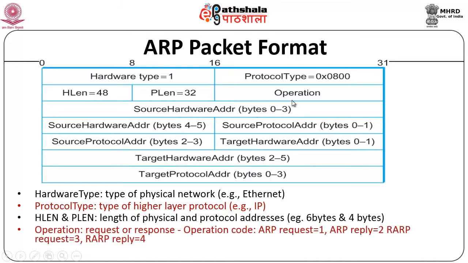And then you also have an operation field which tells you whether this is a request or a reply. Both ARP requests and ARP replies use the same packet format. It's just this operation field that will tell you whether it's a request packet or a reply packet. In a request packet, the source hardware address and the source protocol address will be specified, whoever is sending it. The target hardware address will not be specified, only the target protocol address will be specified. In the reply packet, all the information will be specified. So this is basically the difference between a request packet and a reply packet. The source, target, physical and protocol addresses are all specified within this particular format.